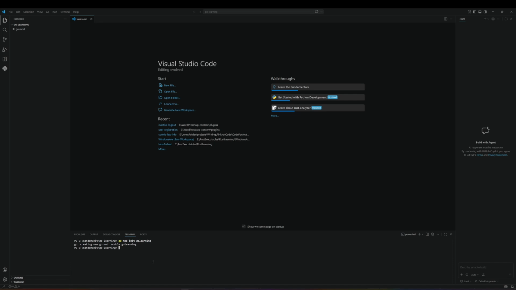As we can see, Go created a new module named go.mod. So we need our first Go file in our new tutorial. So we're going to File,